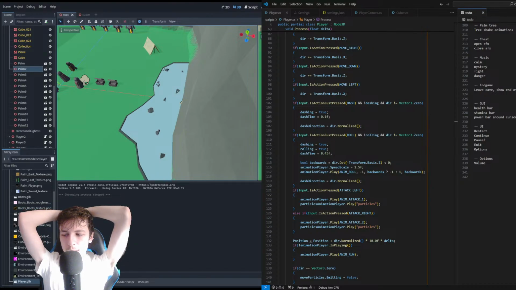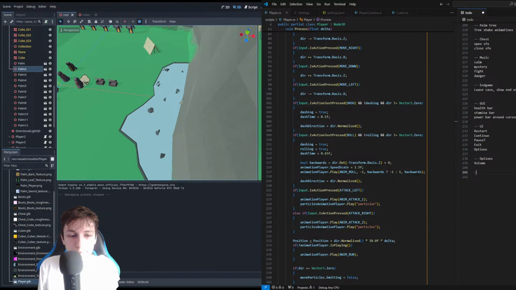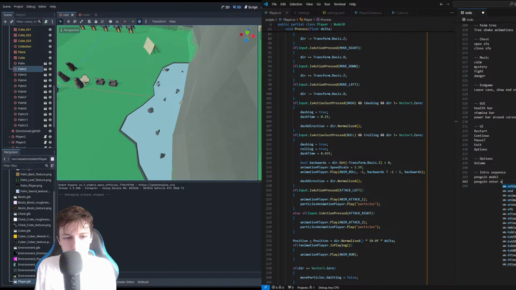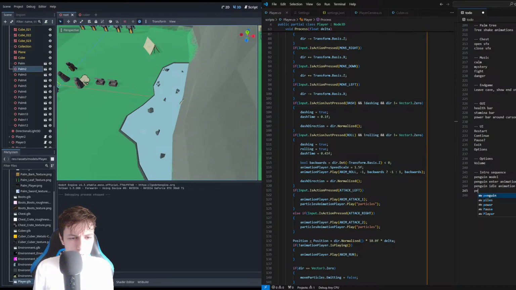Like I don't have a main menu. Yeah, I'm gonna need to do intro sequence, penguin model, penguin enter animation, penguin turn. I guess that's included in the penguin idle animation. This is just gonna get annoying. So penguin enter animation, idle animation, model